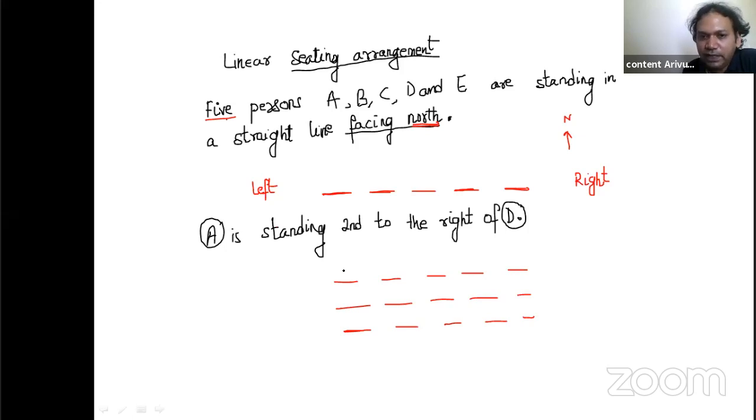Let's say, for example, in case 1, if D is here, then this is first right, this is second right, A will be here. Okay, that's one possibility, correct? We don't know where D is, right? I'm just saying, let's say that D is in the first place, leftmost place. So A's position is second right of D's. What is the meaning of second to the right? This position is what is called immediate right or first to the right. This position is second to the right.